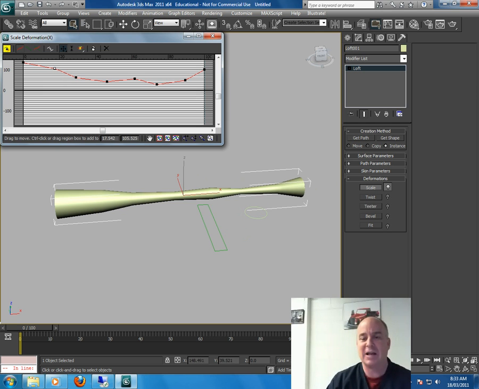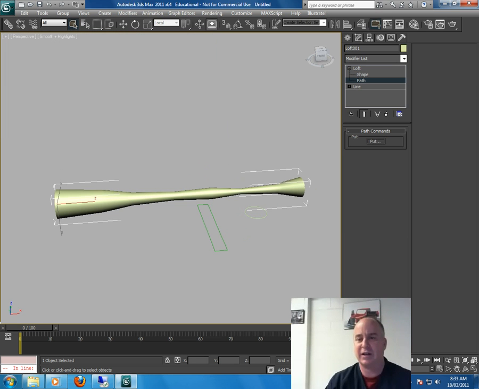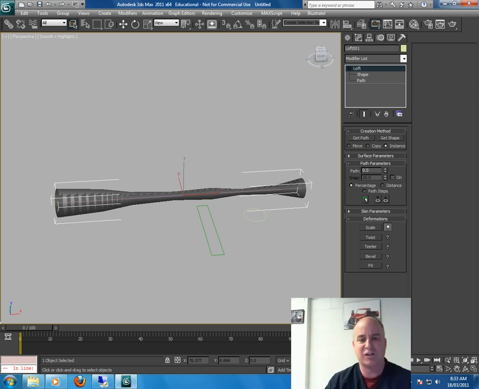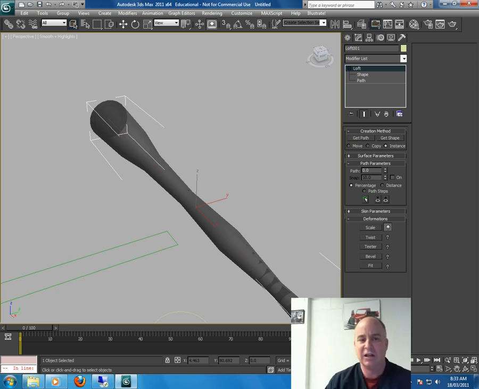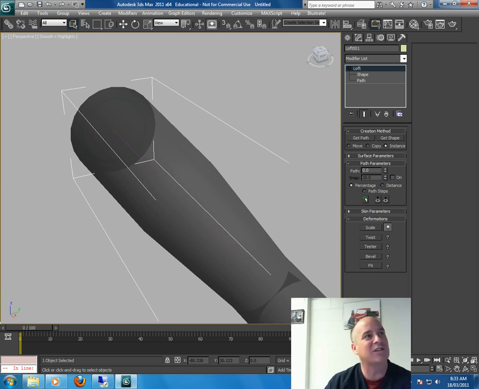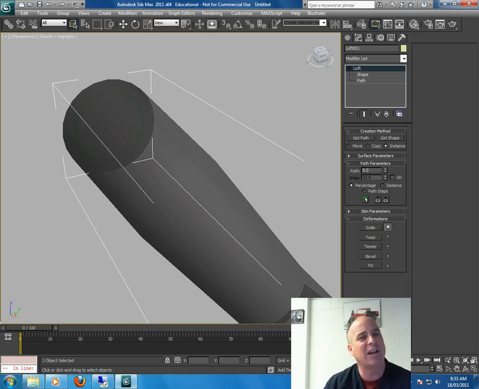And the big power of this is if I go into Loft path, okay, and I'm going to go under Loft and open up the path parameters here and go along the path, and I'm going to go into invisible view so you can see what I mean. See closely at the end, there's a little cursor. I'm going to zoom in because it's really hard on the monitor, but it's vaguely hard to see,